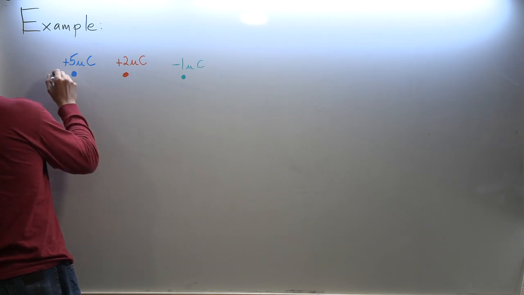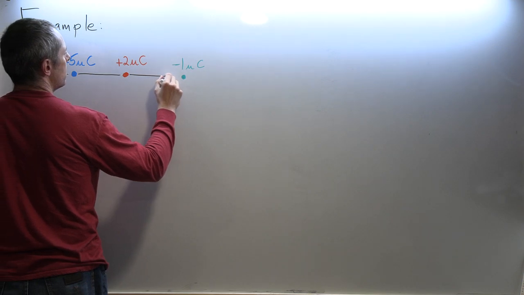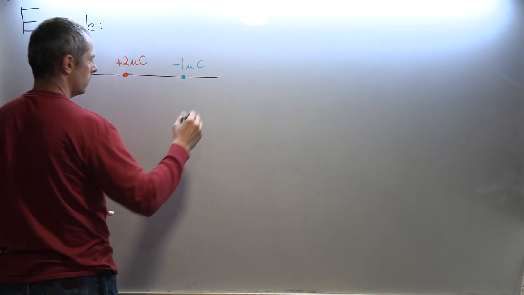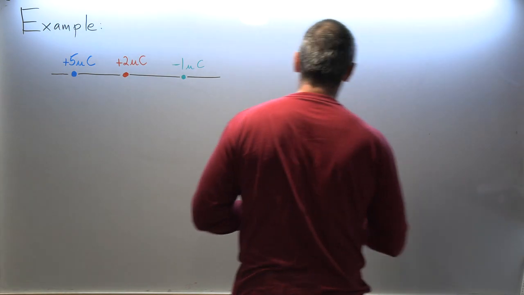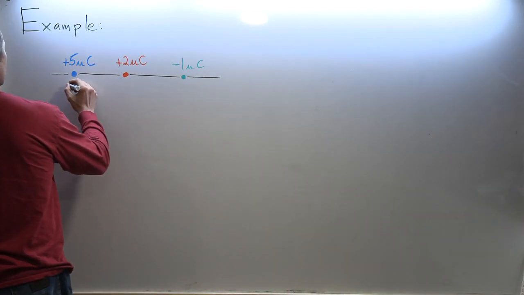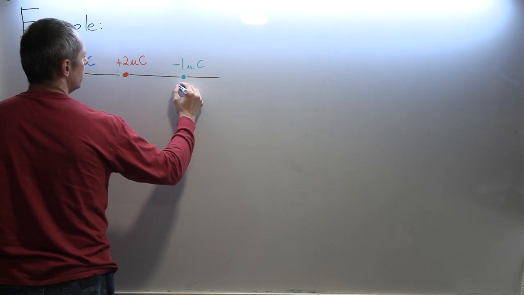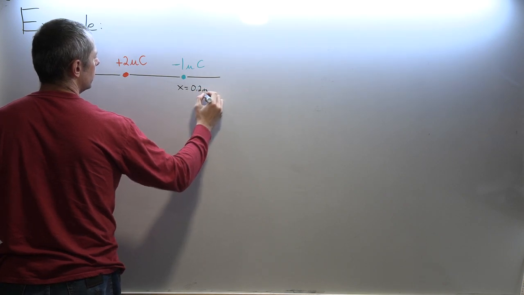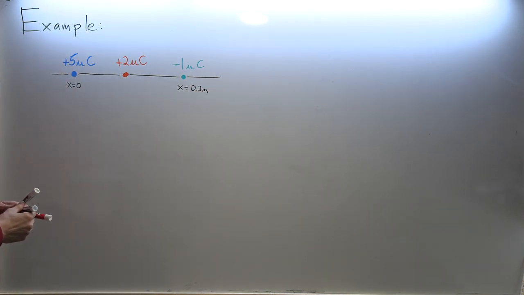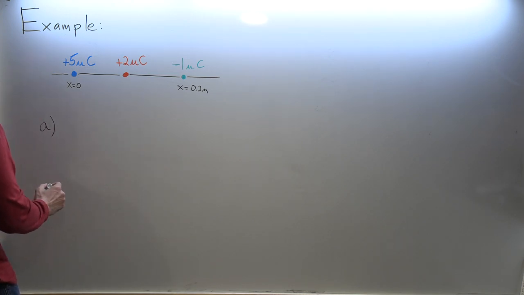So I have 3 charges laid out on an axis like this. This charge is at x equals 0. This is at x equals 0.2 meters. So they're just laid out on the x-axis. In part A of this question